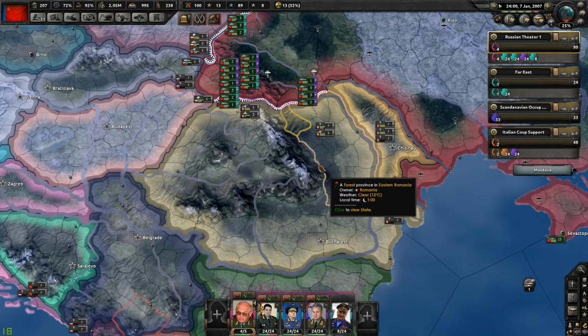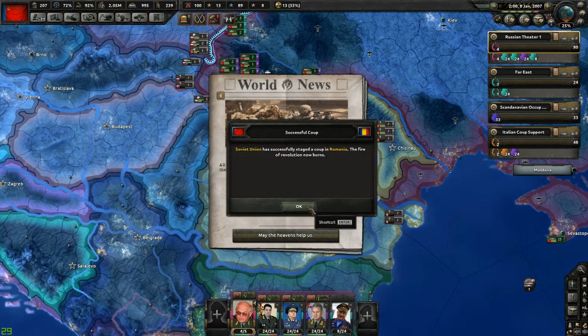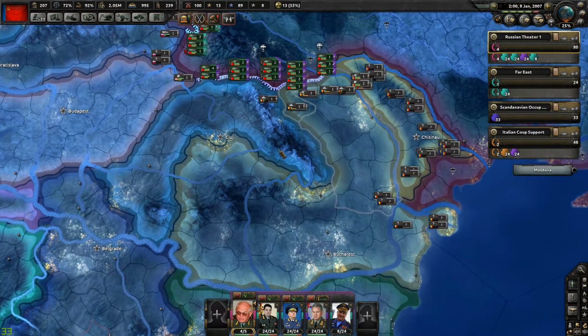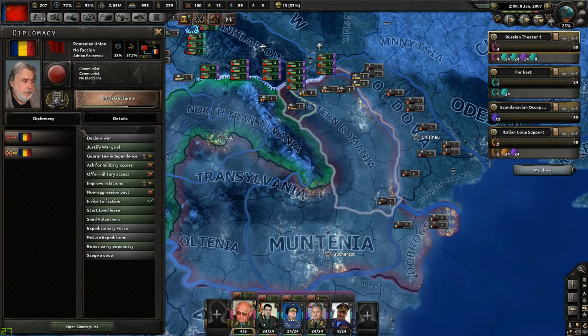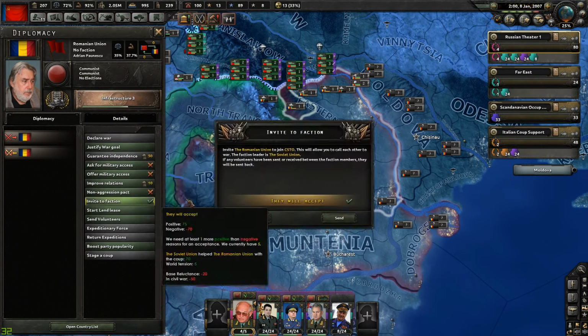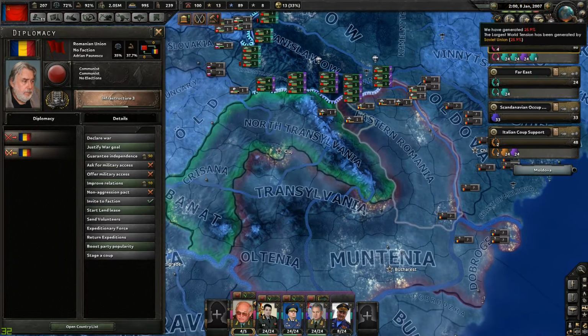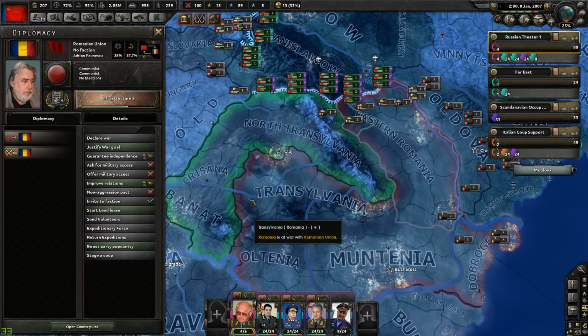So here we go. Soviet Union has successfully staged a coup in Romania. The fire of revolution now burns. Romanian Union goes to war. Obviously, not a great deal of support in their own country, but we're going to invite the Romanian Union to our faction. And of course, now we've got to get